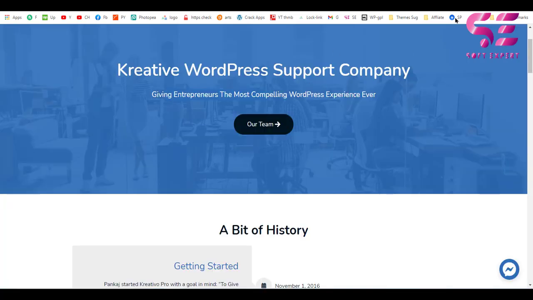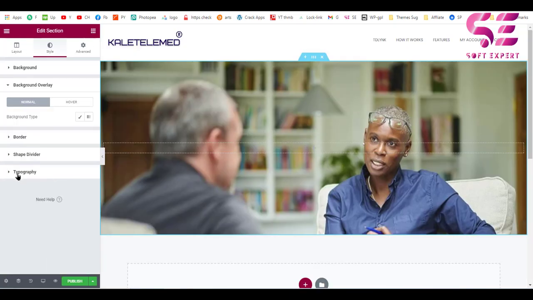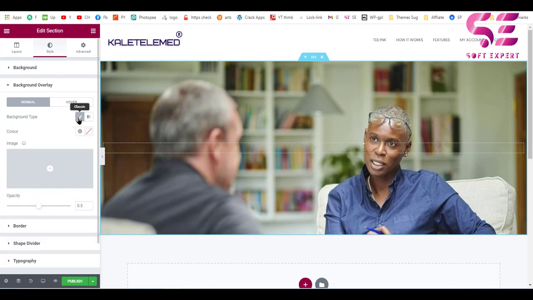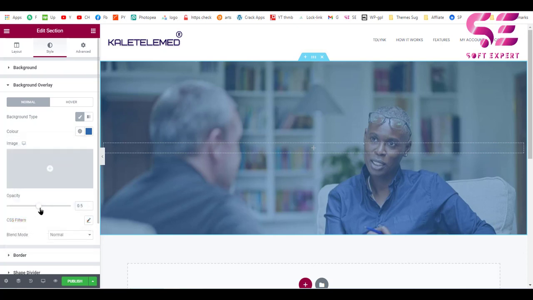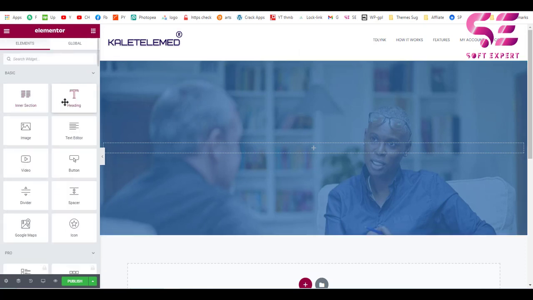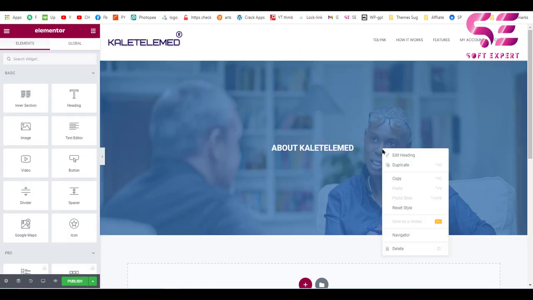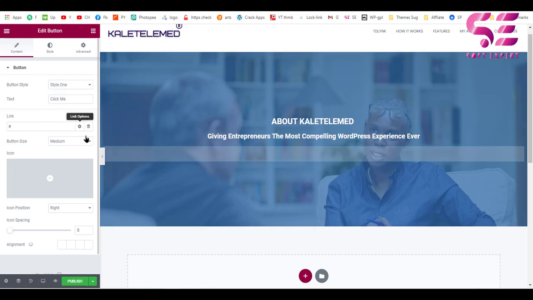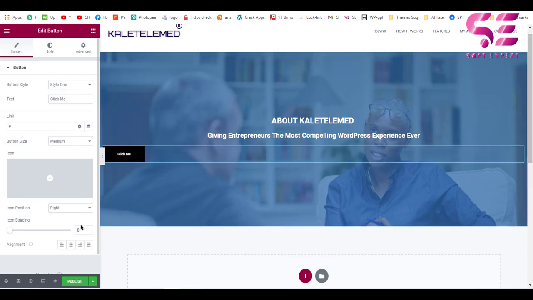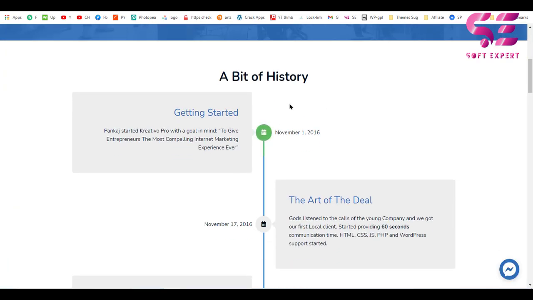Now let's add this color. So let's pick this one. I just used a color picker extension, so you can add this to your Chrome, and we have copied the color. Now we will go to background overlay. We'll give this a classic color like this, and we'll increase its opacity. Now let's add the heading. I will redesign this section, but this is not the part of this video. I just want to show you how we can create this.